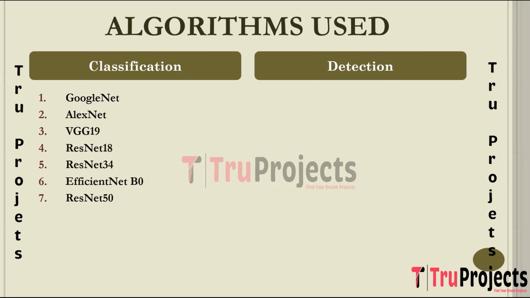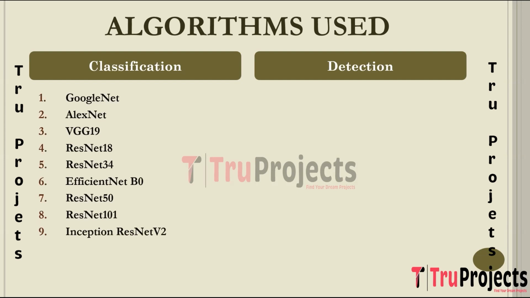The next algorithm is ResNet 50 and ResNet 101. ResNet 50 and ResNet 101 are deep variants of the ResNet architecture containing 50 and 101 layers respectively. They include more residual blocks for complex feature extraction. These deeper ResNet variants are employed when more intricate feature extraction is required, such as tasks like object detection or segmentation.